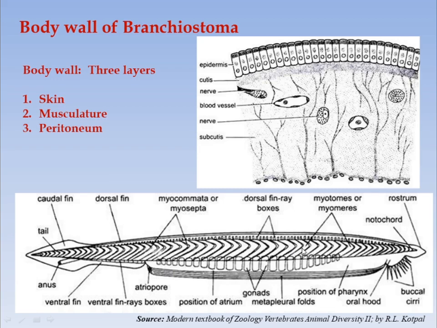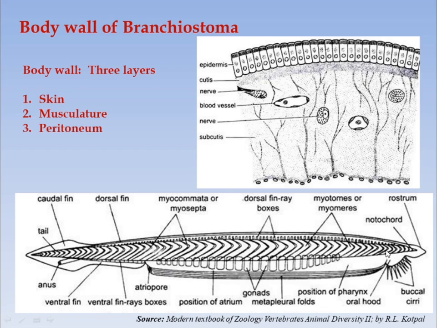These muscles are called myotomes or myomeres. Always remember, the pointed apex of the myotome or myomere is always directed towards the anterior side of the branchiostoma. There is a species of branchiostoma, that is lanceolatum. In Branchiostoma lanceolatum, there are 60 to 62 myotomes present on either side of the body, and they alternate with those